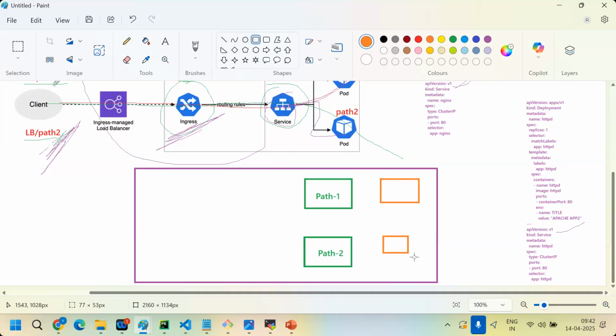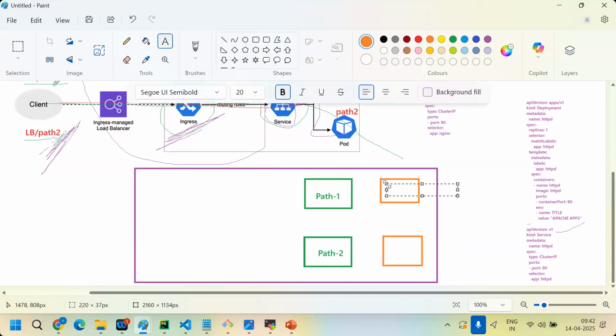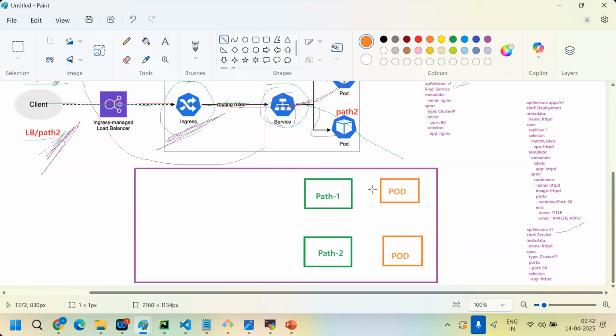And the path2 service sends to the path2 pod. Clear till here? Okay. Path1, path2.